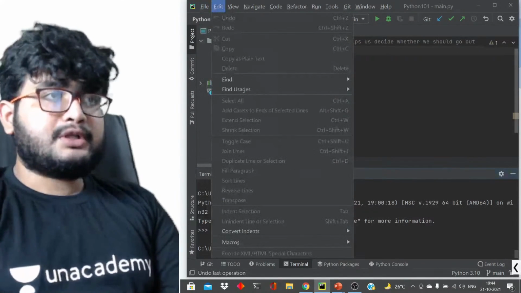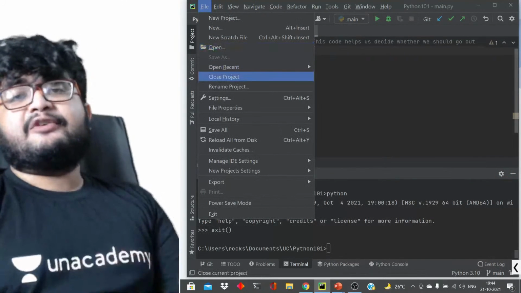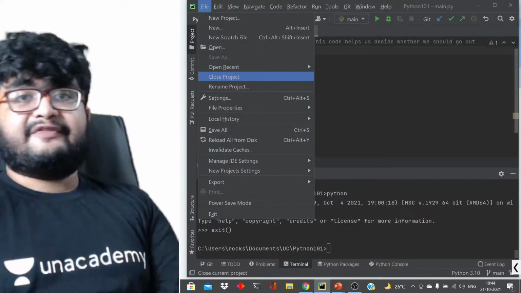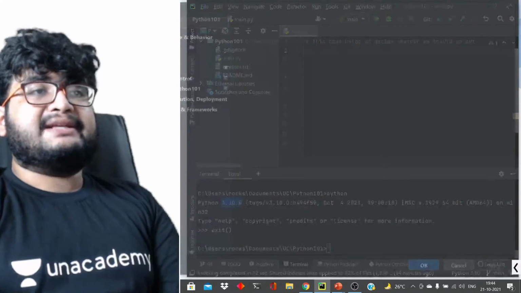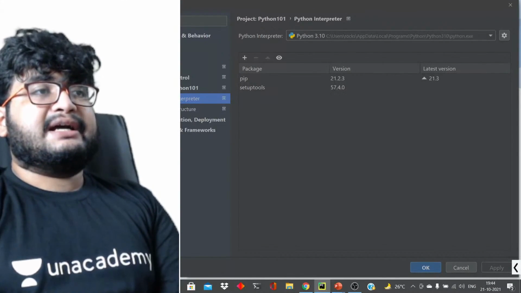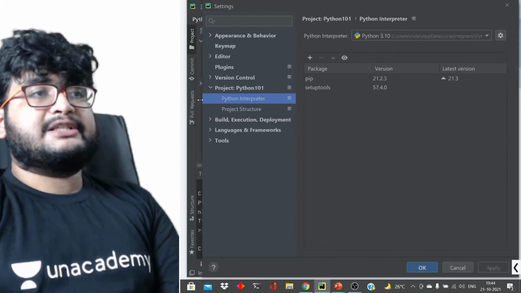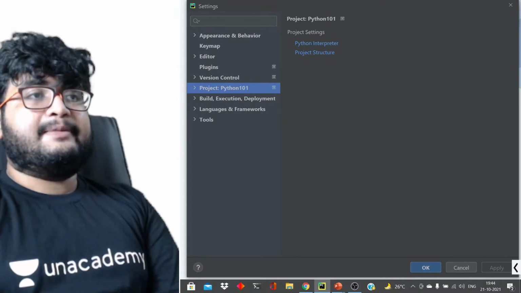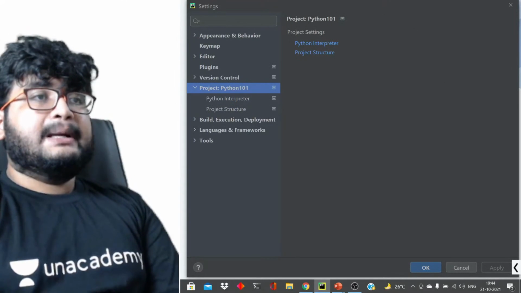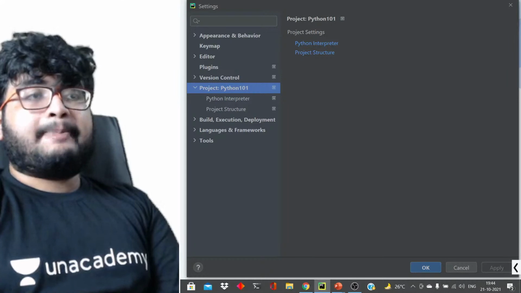Now one more thing: if you install another variant of Python, how do you configure that? You can come to settings. Let me just minimize a bit. Under settings you will get options like this. Go to project Python 101. Under that you will get a Python interpreter.